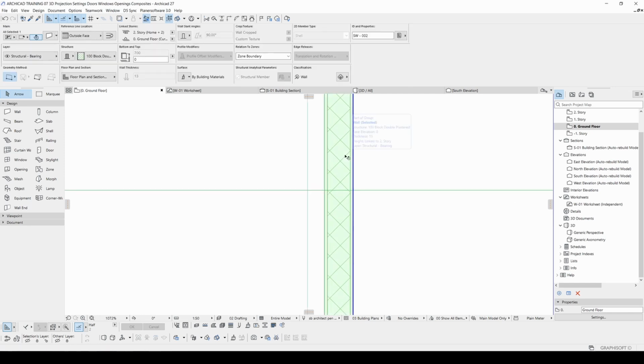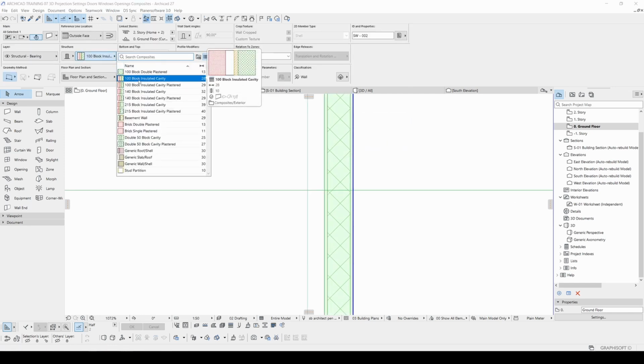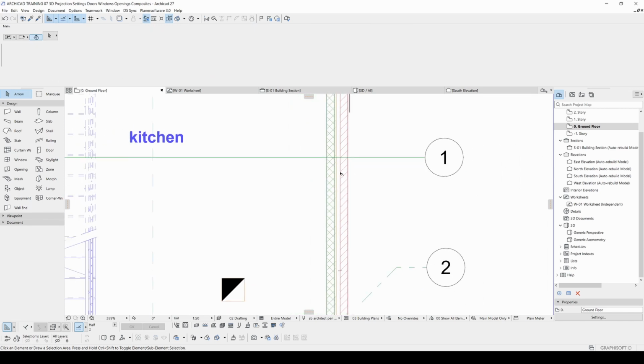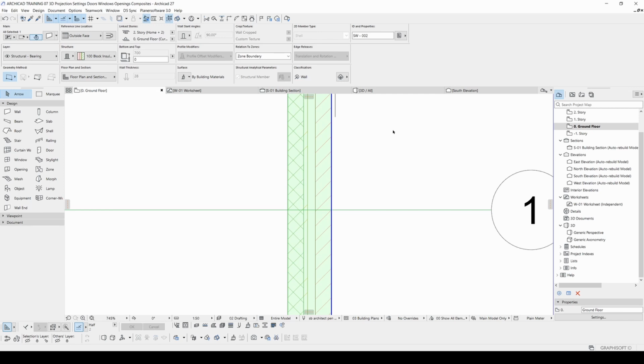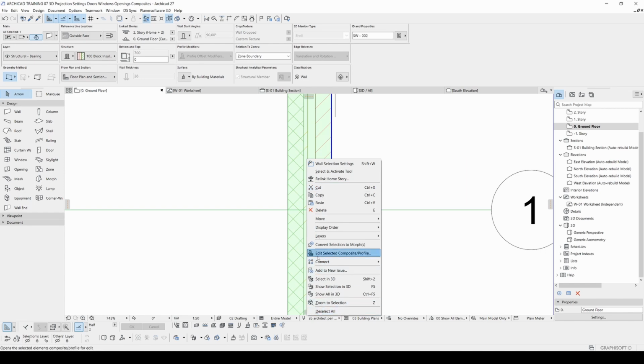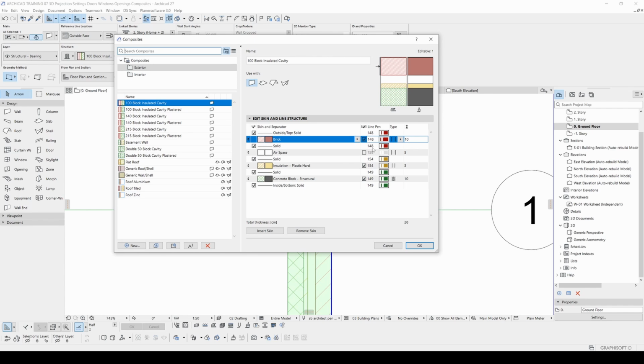And you can see different cut layers in your wall. They are different elements and they have their own thickness. How to change them? We will click the wall, right click, and the shortcut is clicking edit selected composite profile. That's it. If you select something from the list, you will see the edit skin and line structure will change. And for instance, for this basement wall, it consists of concrete block filler, which is 10 cm thickness, and the cut line is